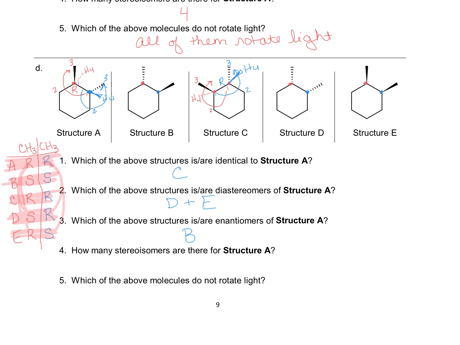So then it asks, how many stereoisomers are there for structure A? So as we said, you can see that structure D and structure E are meso compounds. So if there's a meso compound, you're only going to have a maximum of 3 possible stereoisomers for any molecule with 2 chiral centers. And then it asks, which of the above molecules do not rotate light? So you're looking for anything with the RS, which in this case is D and